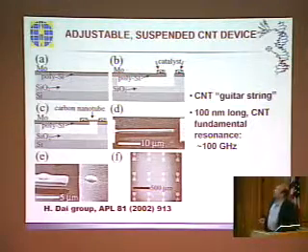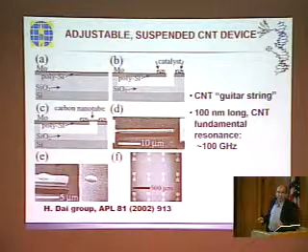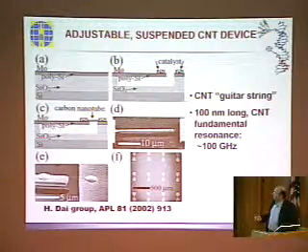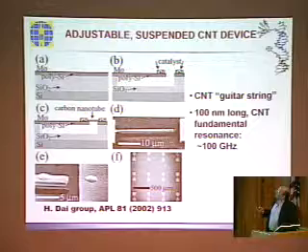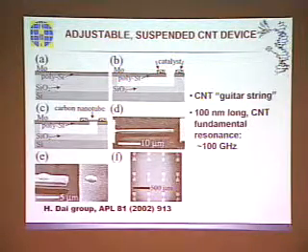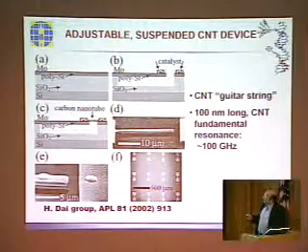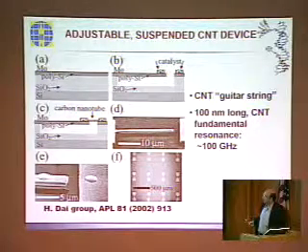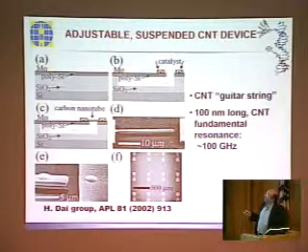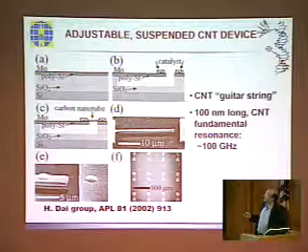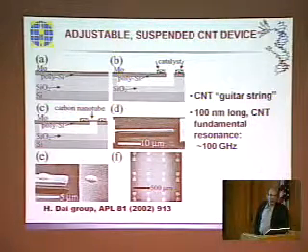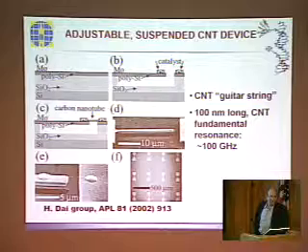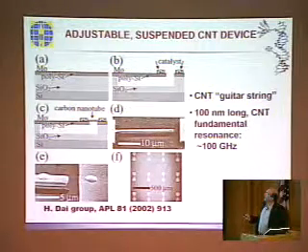Here's an even more interesting one, I think, in terms of a mechanical device, a NEMS device, nanomechanical device. This is work from my colleague again, Hung-Ji Dai at Stanford. They grew a carbon nanotube across a little gap between a polysilicon cantilever and the substrate. Here's schematically, there's the nanotube stretching across. Here you can see it in the scanning electron micrograph. Here's a blow-up. You can see that carbon nanotube bridging across. And by applying electrostatic force to the cantilever, you can then change the force or stretch that wire. And these then have a mechanical resonance of a stretched nanoscale string, which could be as high as 100